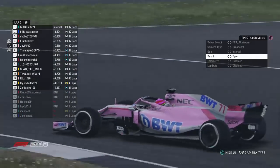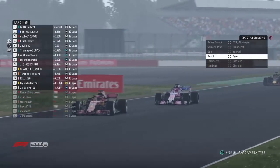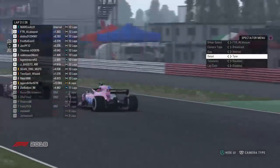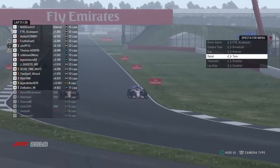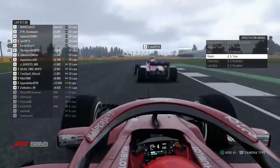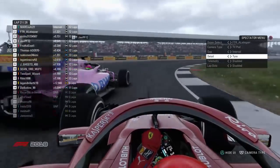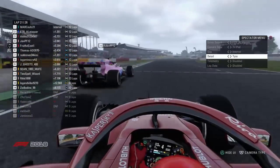Javi is all on the back of Fruitful. He might make the move down on Wellington straight at the moment. Does he go down the inside? He might do the inside. Fruitful defends on the inside. And Javi does go down the inside. Goes a bit wide, might have pushed Fruitful out. Does, but managed to keep it clean and keep the position. Fruitful just tries to go down the inside,